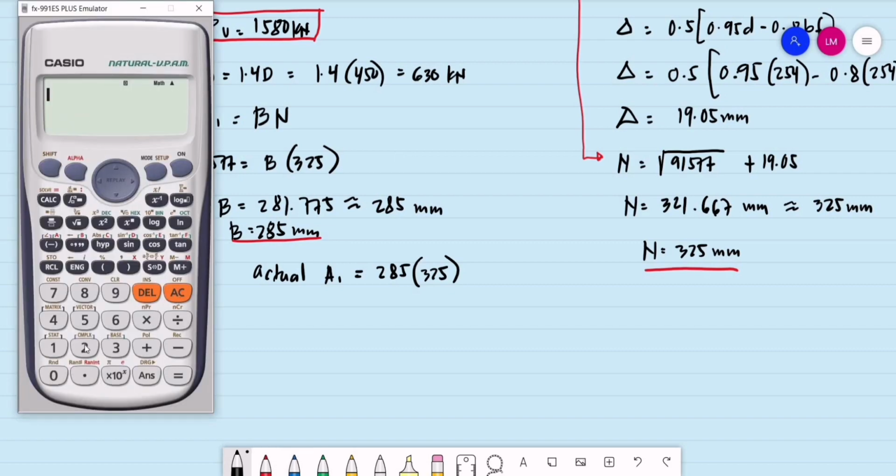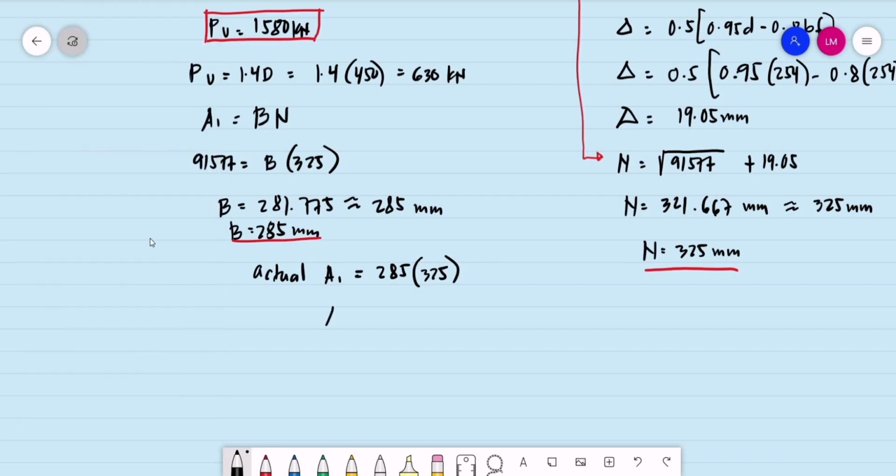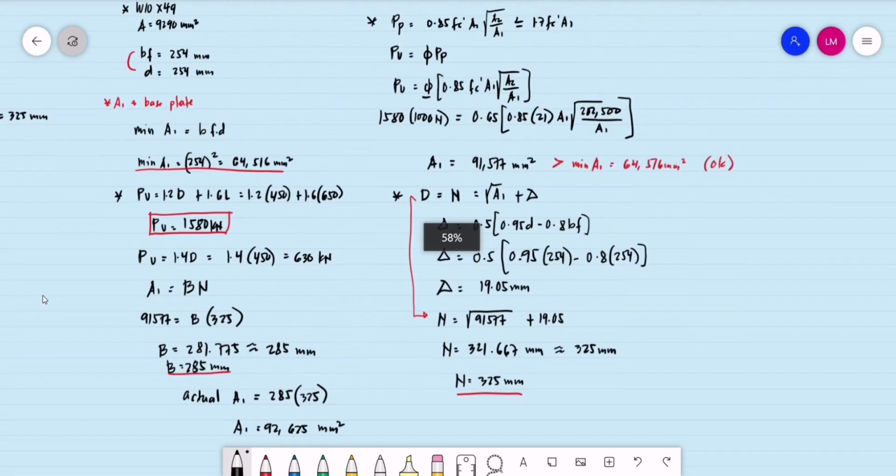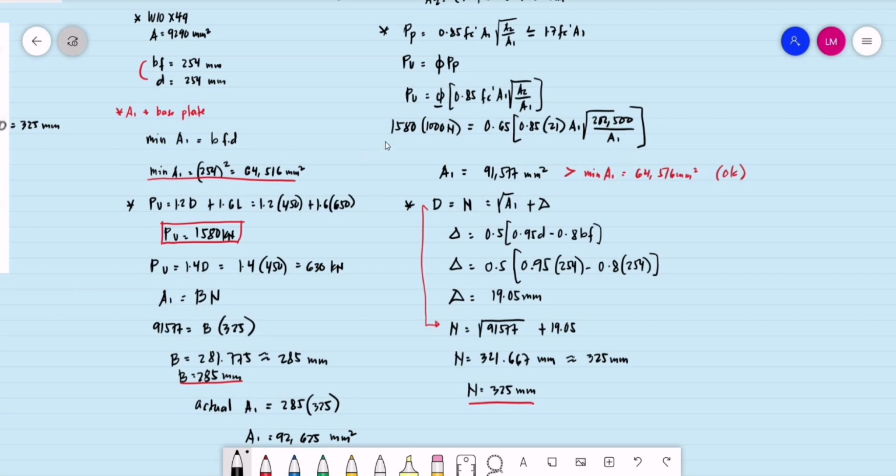So our actual area 1 is equal to 92,625 square millimeters. So we need to check its adequacy, if it is adequate to carry our